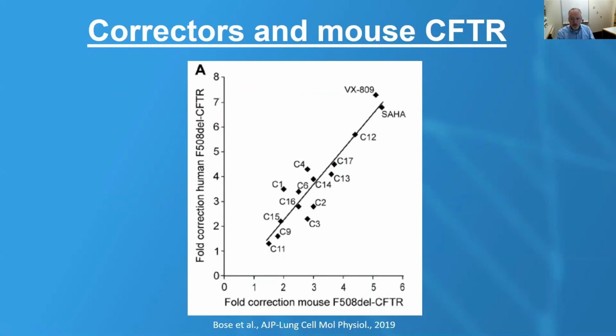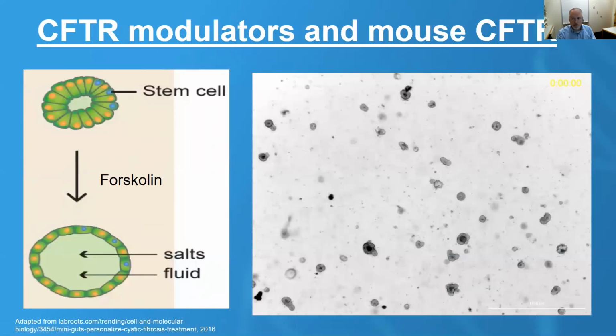My lab has been interested in CFTR modulators in the mouse using primary cells from the intestine that, when cultured, form intestinal organoids. These intestinal organoids contain crypt-like structures and an internal lumen lined with differentiated cells, recapitulating the in vivo tissue architecture. Intestinal CFTR is predominantly expressed in the apical membrane of the crypt cells, where its activation, in this instance by forskolin, drives the secretion of electrolytes and fluids, leading to the increase in the size of the organoid. If CFTR is not functional, no increase in size